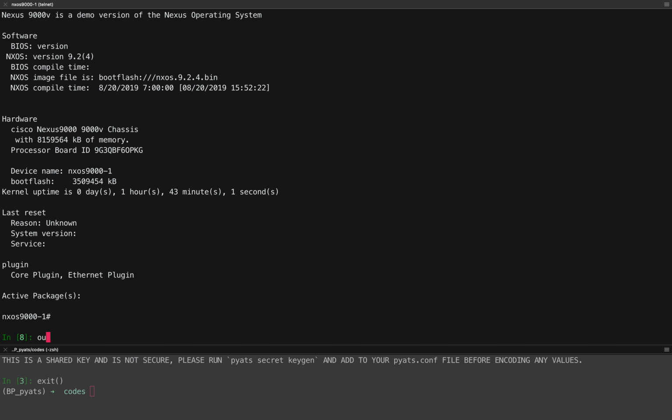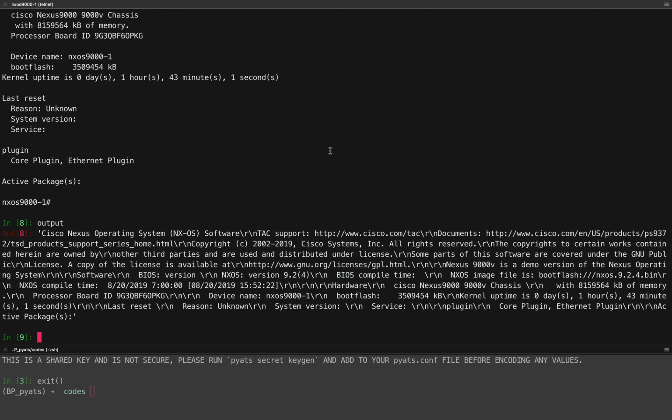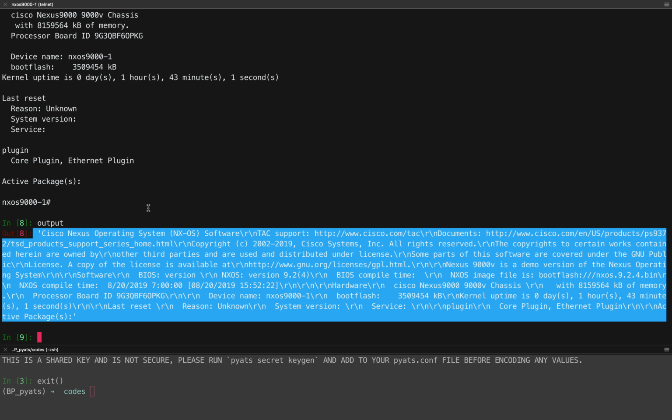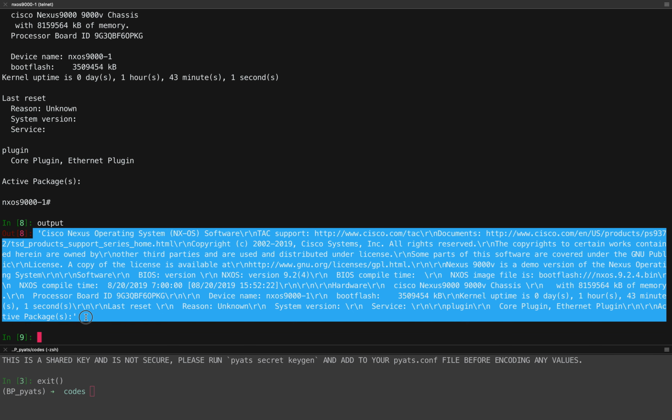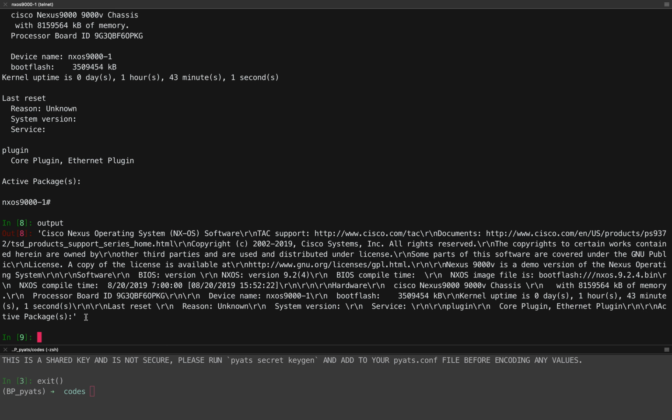And if you want to see the output, I can just do output here, and there you go, this is the output, right? But really this is difficult for you to use in your Python script. You will have to write your own parser to do this. But this is where pyATS makes it easier for you. Instead of doing the same thing which we did before, we earlier ran execute, but this time instead of running execute, I'm going to change this to parse,